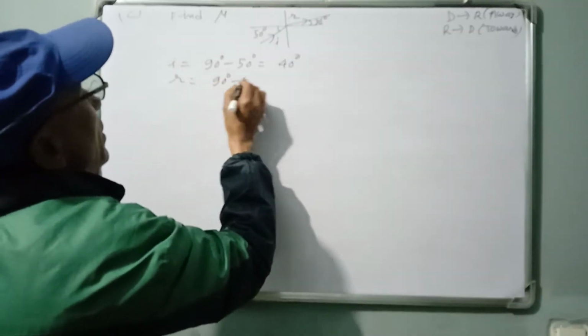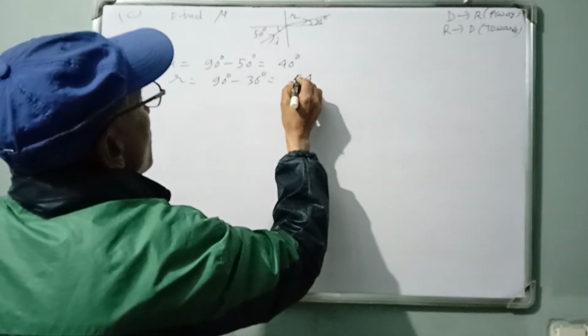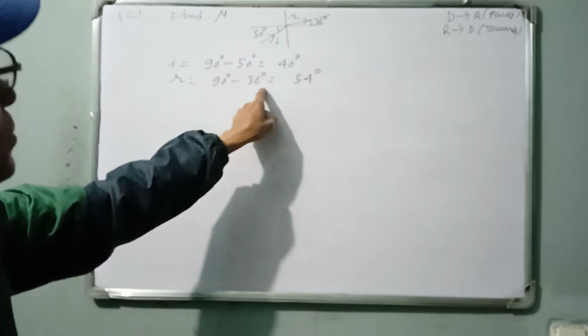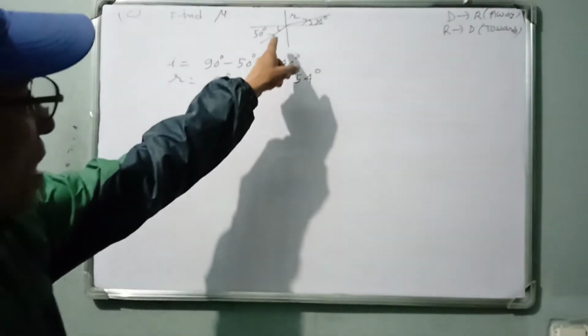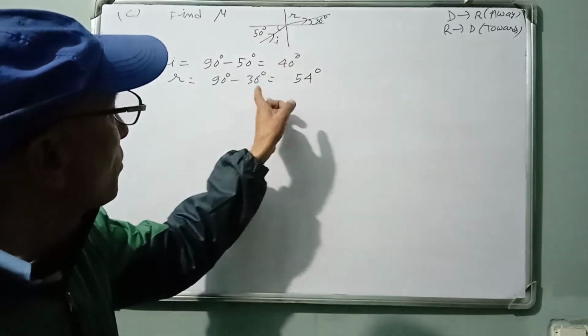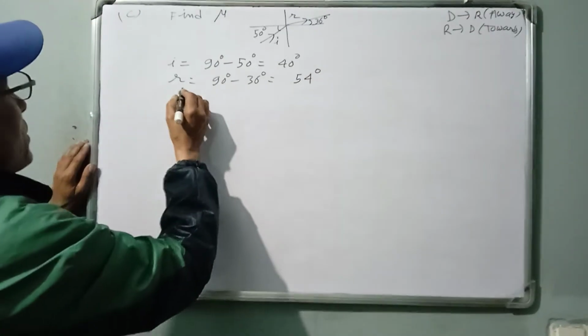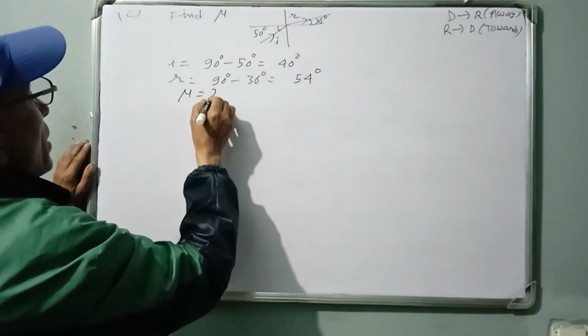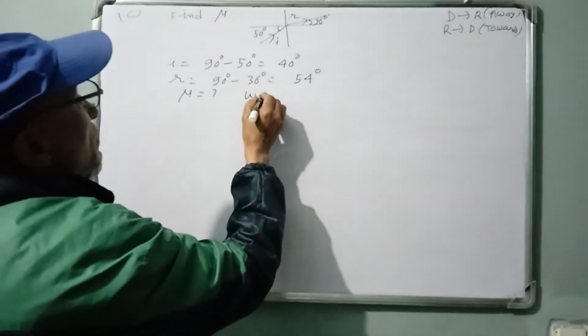90 degree minus 36 degree, 54 degree. So angle of incidence equals 90 minus 50, 40 degree. Angle of refraction is 90 minus 36, 54 degree. Refractive index mu equal what? The usual meanings. We know